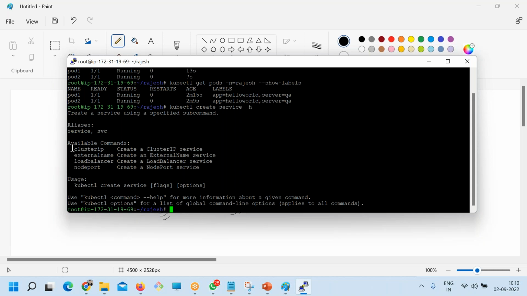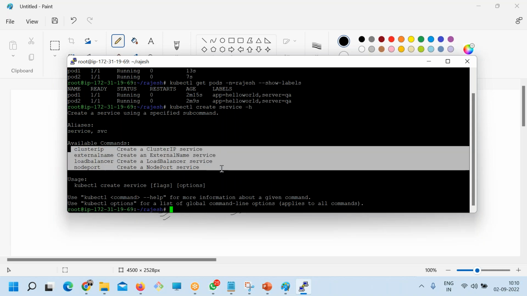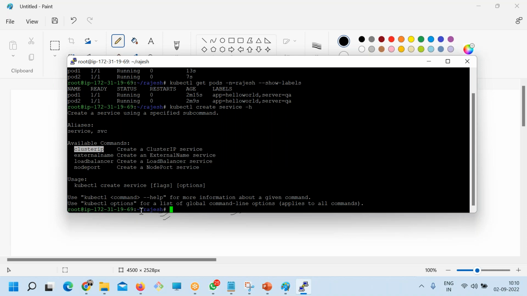Now here you have a service itself that has 4 types. I'm not complicating right now, don't get lost. So they'll say, hey Rajesh, service you have 4 types, which one do you want? Whether you want cluster IP or external name or load balancer or not. I'll explain it to you, don't worry about that. Right now this is the default, so I'll go with the default.